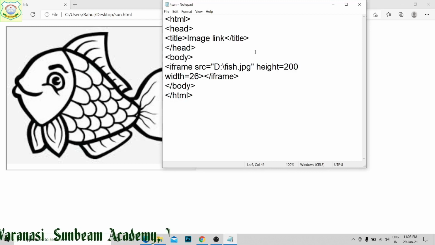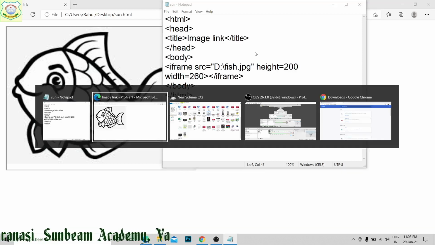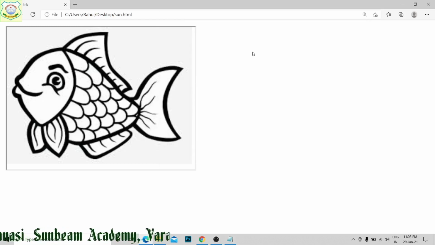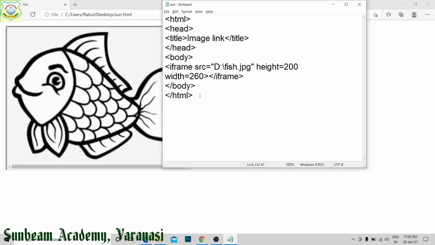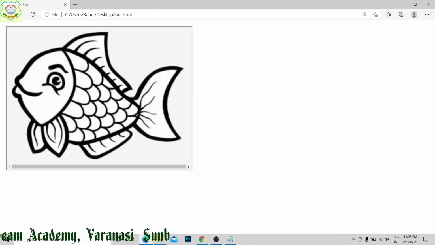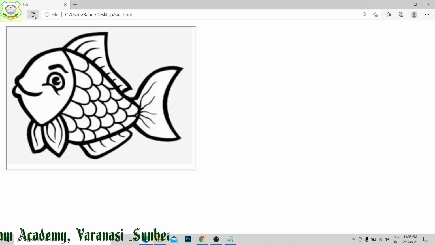Then I am going to write 260, save it and run it. Now you can see its width is quite less, so 265 I have given. Save it and run it. You can see this photograph has come on your screen.